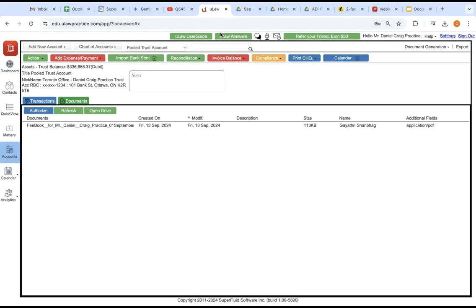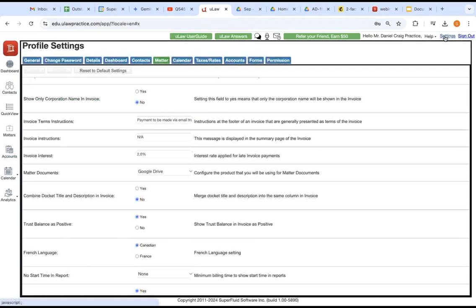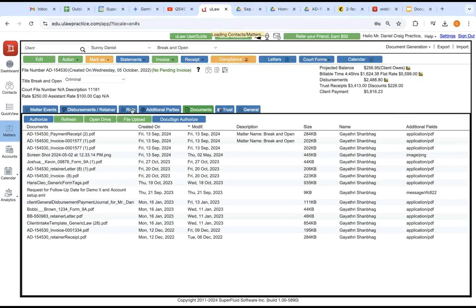Can you tell me which one doesn't seem easier? I can explain it again. See, it might not look easy, but honestly, it's just 4 steps if I could summarize once again. Number 1, making sure it's a one-time setup. You go into settings, go into Matter, set it up to Google Drive or OneDrive and save it. Point number 1. Point number 2, go back into your Matter, go back into the Documents tab,